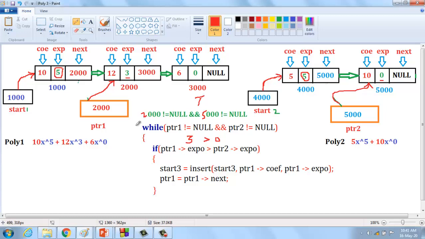If ptr1 expo, what is ptr1 expo? Ptr1 expo is 3, greater than ptr2 expo. Ptr2 expo is 0. Here the condition is satisfied. True means enter inside this condition.